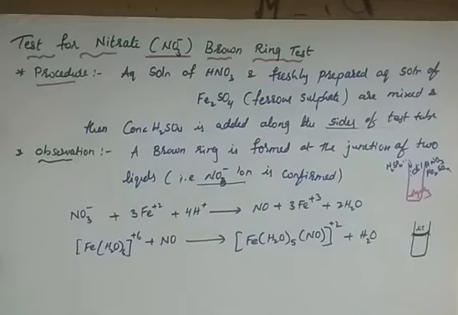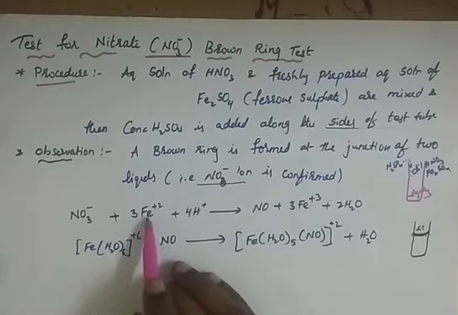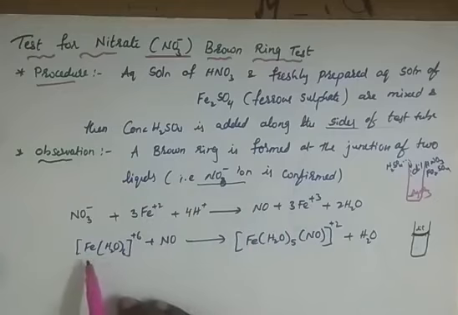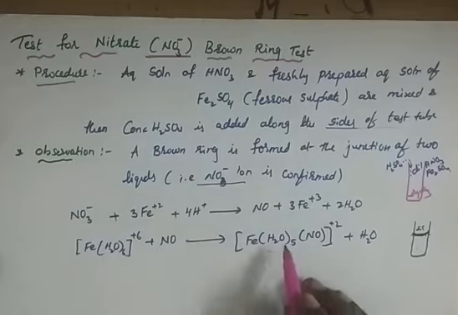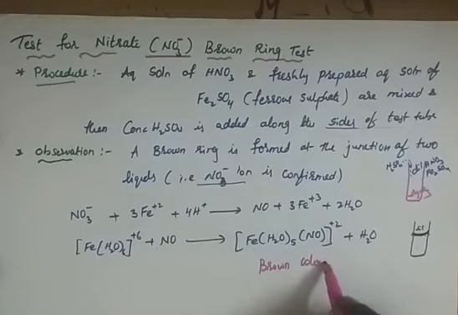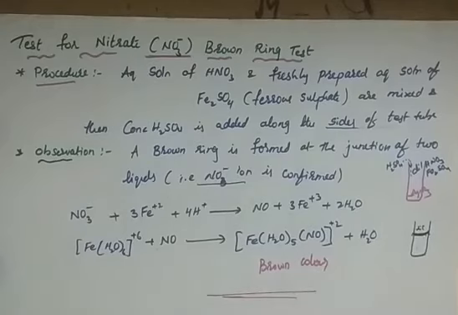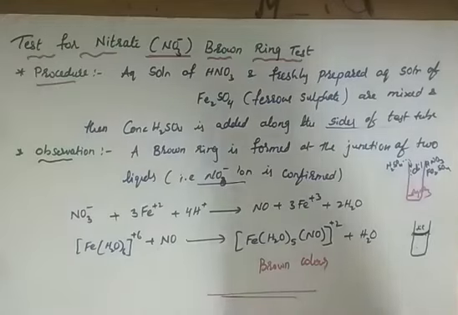So what are the reactions involved? The nitrate ion reacts with sulfuric acid and ferrous sulfate to form NO, and this NO reacts with the hexaaqua iron complex and forms this complex, which is brown in color and present as a ring towards the walls. Therefore, this is called the brown ring test. And this ends my nitric acid reactions and 15th group elements.